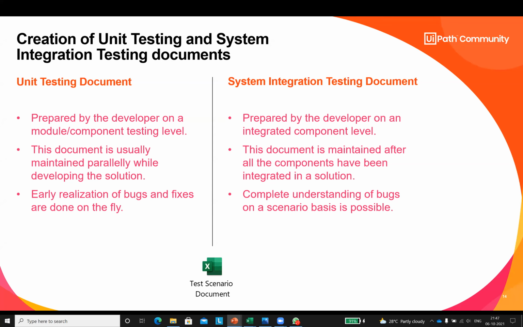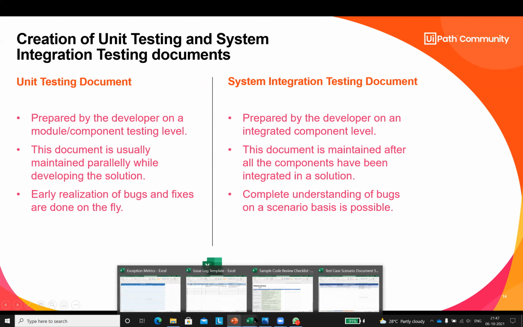It can be even like you need a sign-off on both levels. Even that is a scenario. Now, let me come to one of the templates to show you how we create such a scenario